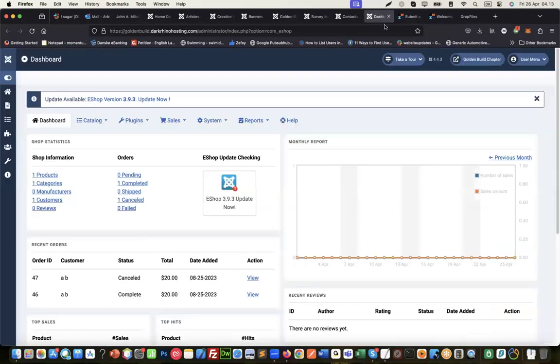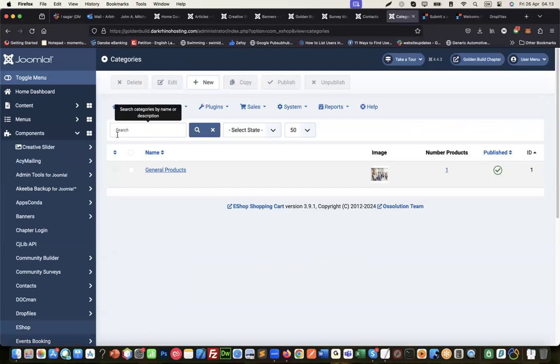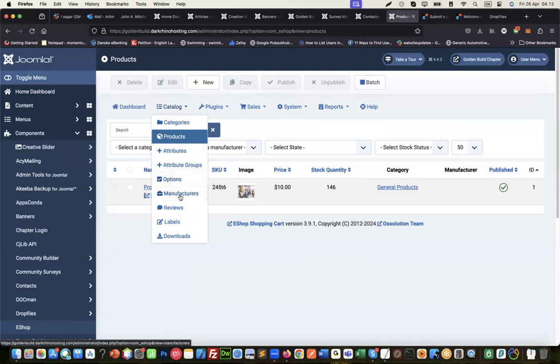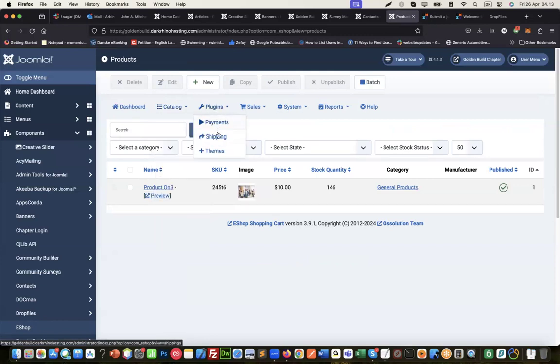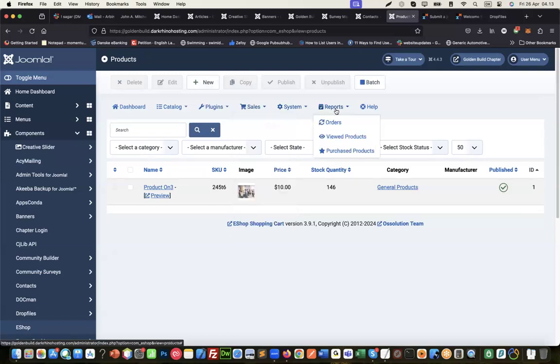And then we have this e-commerce, the shop feature. So on the shop feature, of course, this is a full featured e-commerce system. So you can have as many categories here. Under each category, you will have products and all other features as well, as you can see, payments, shipping, you have orders, customers, you also have reports